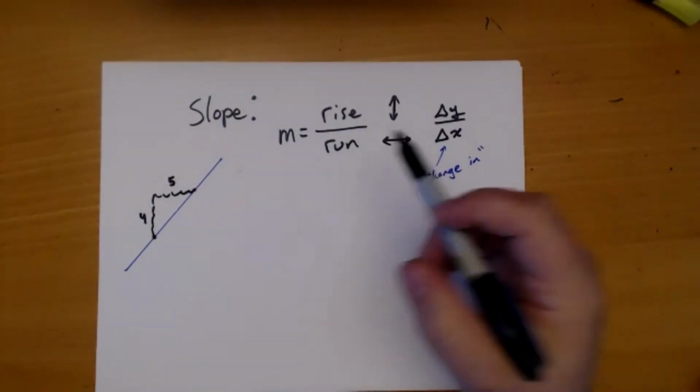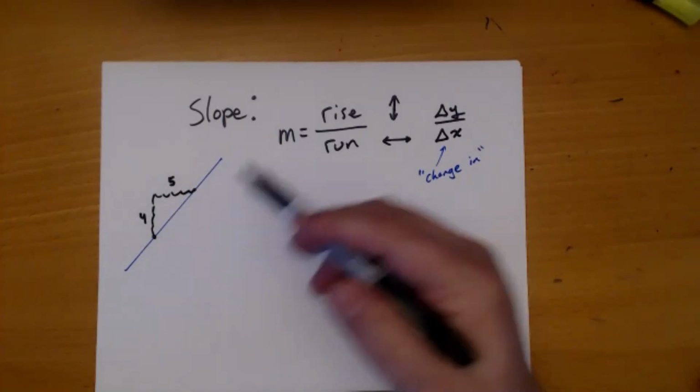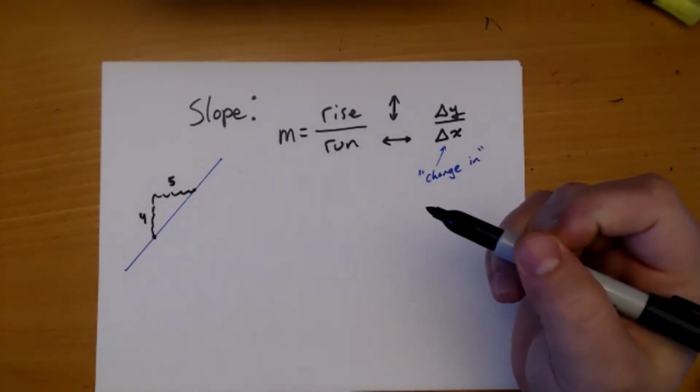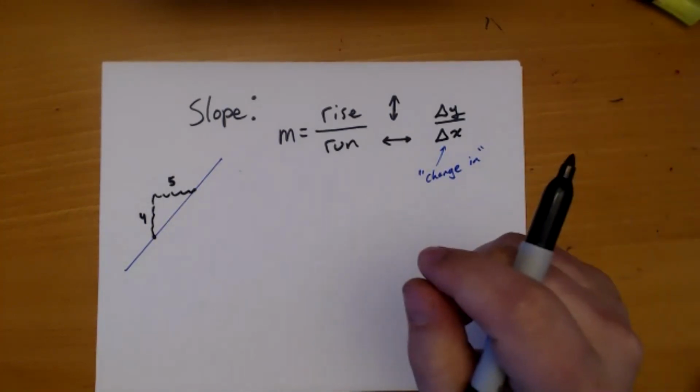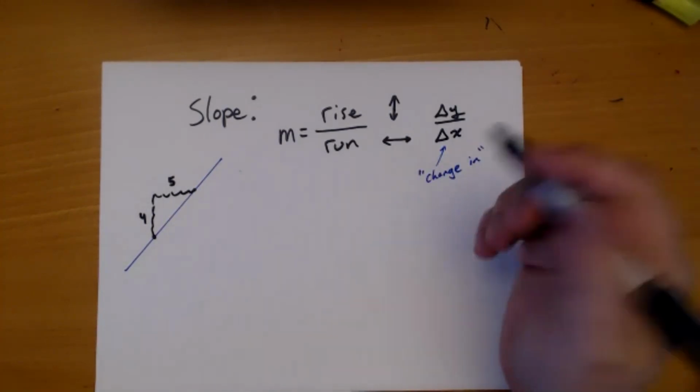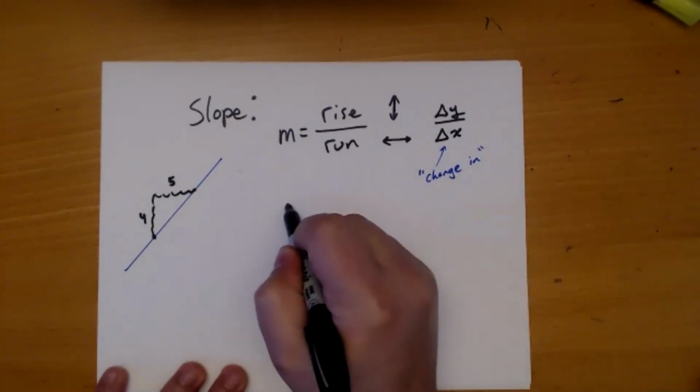Okay. First of all, is this a positive slope or a negative slope? Positive. It's a positive slope. Okay. So our slopes are positive,